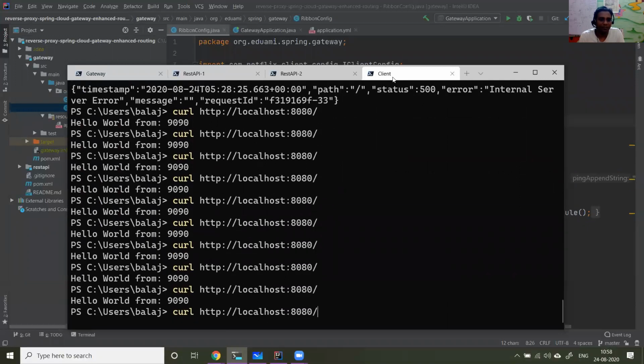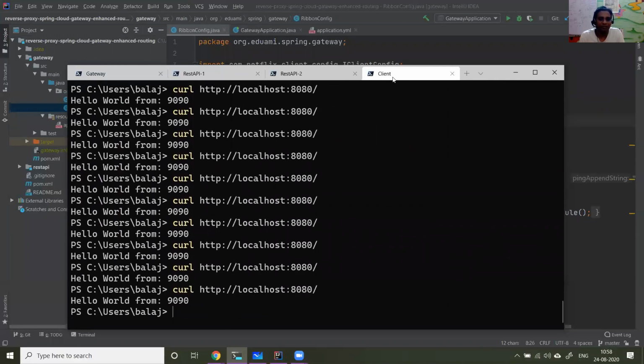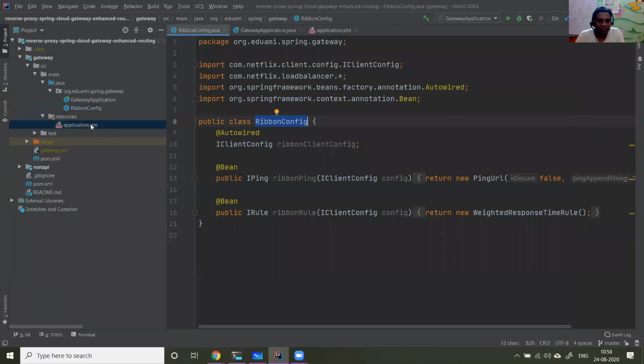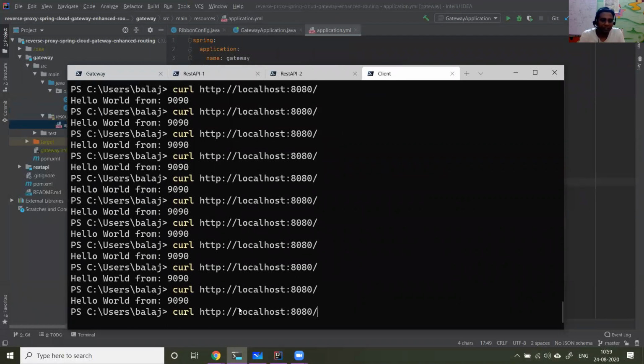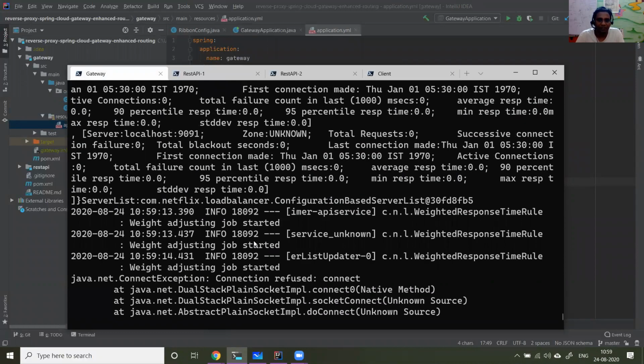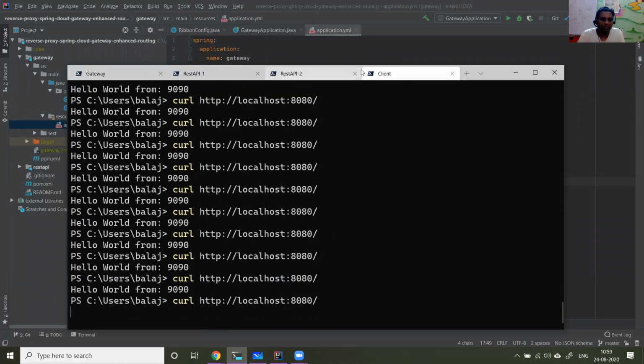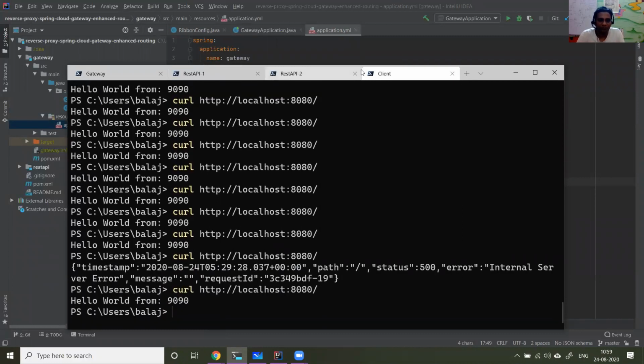Ideally, restart of gateway is not needed. See, now you see that in our configuration, we are asking it to serve two Tomcats, but only one Tomcat is serving because 9091 is dead. So the changes got affected, and before giving the request to the Tomcat, health is checked, and then the request is forwarded. That is what this gateway is doing. So it does a health check before forwarding, and now only the 9090 Tomcat is served.